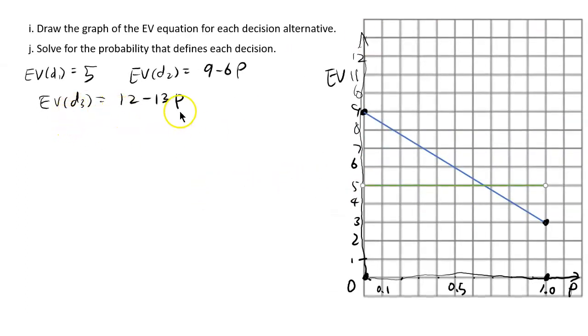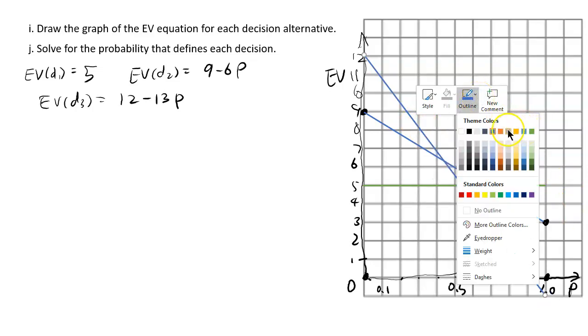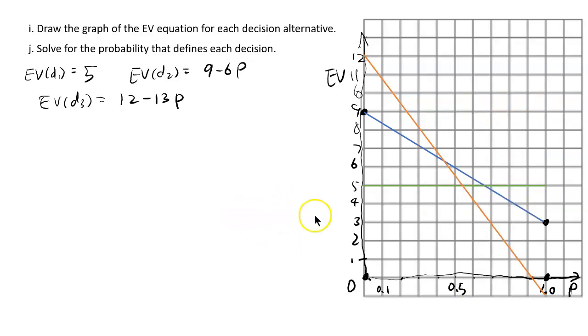Now for EV of D3, when you plug in 0, you get 12. So I need to get 12. And then when you plug in 1, 12 minus 13, that's negative 1. So it goes all the way to negative 1. Let me change the color again. Okay, good. All right, so these are the graphs of the